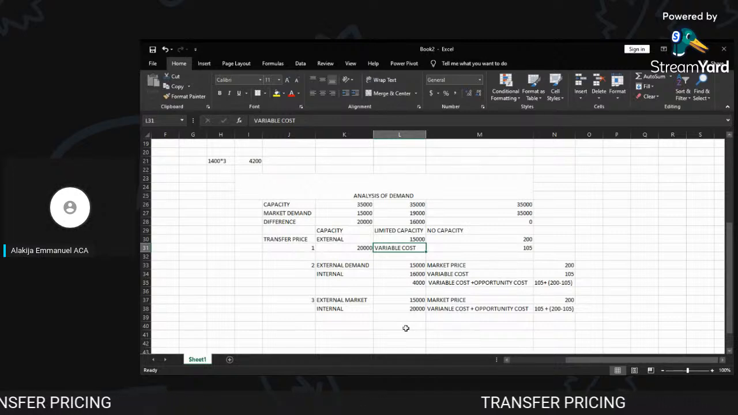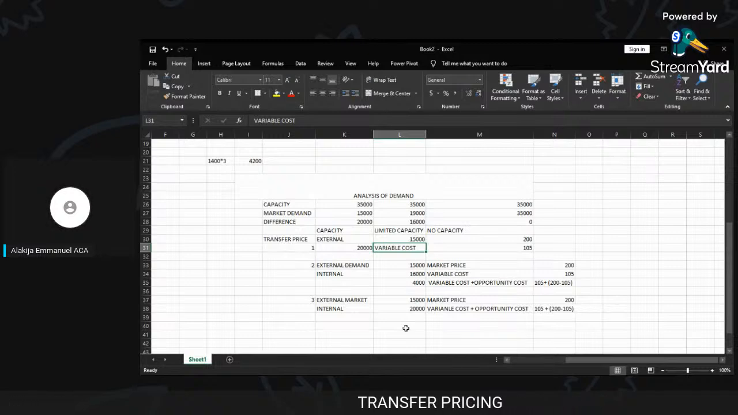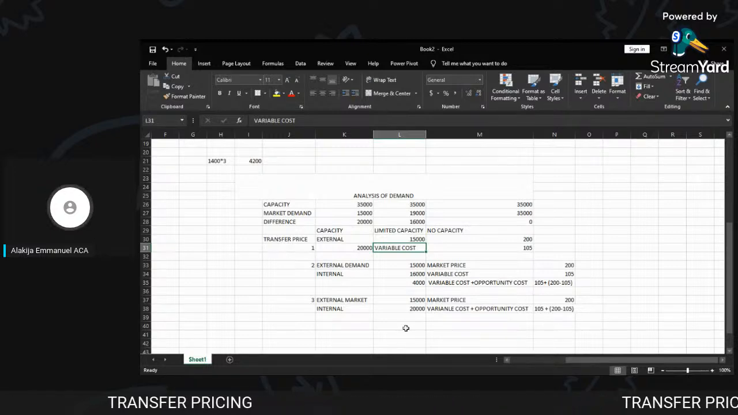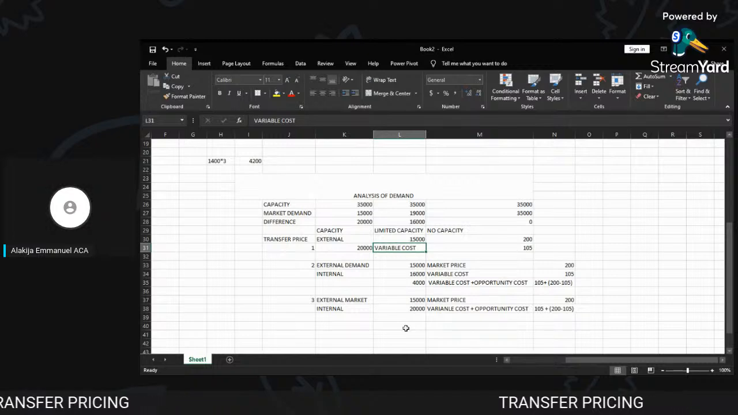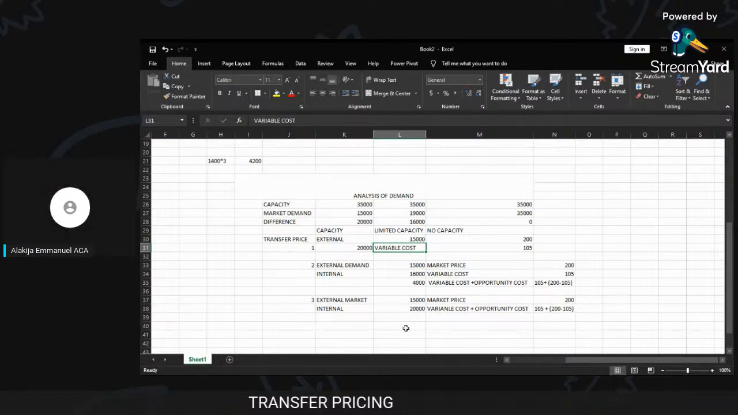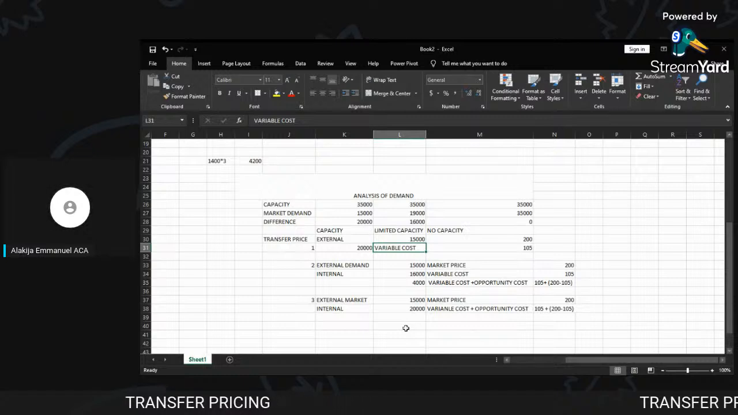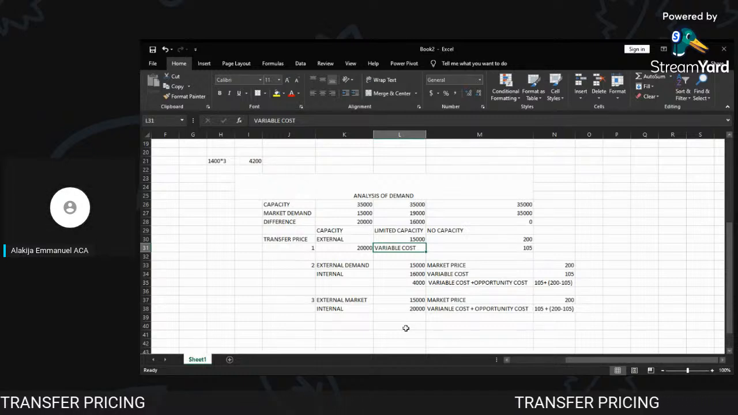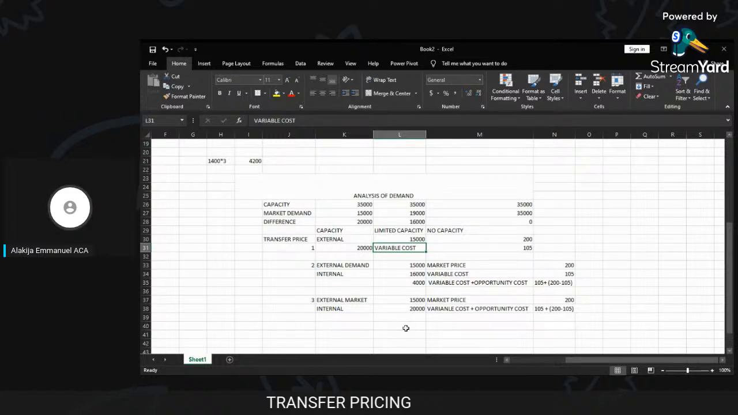That remaining 4,000, where are we getting it? We are going to get it from what we should have sold to the market. We now bring it to the buying division and give it to them. So now what is the transfer price of the 20,000 that will be given to the buying division? The 16,000 we have the capacity to produce without stress, we will give it to them at variable